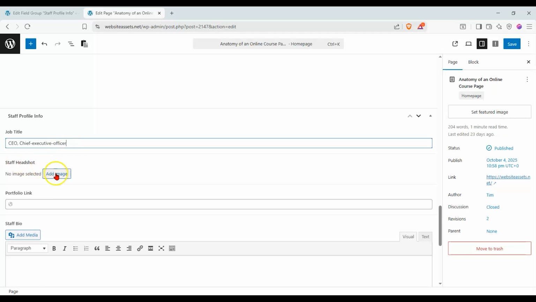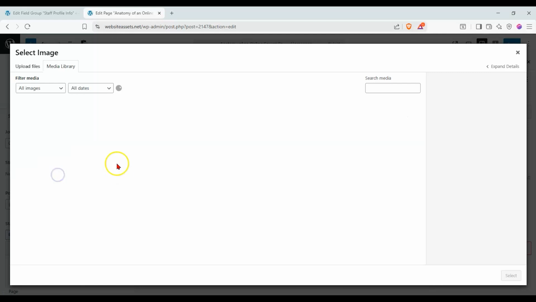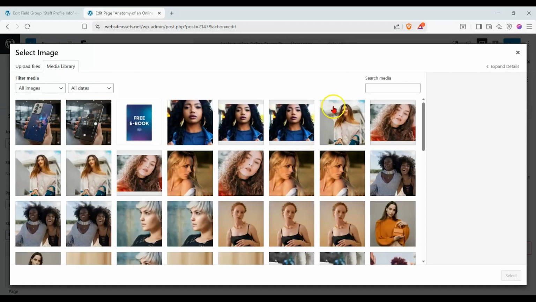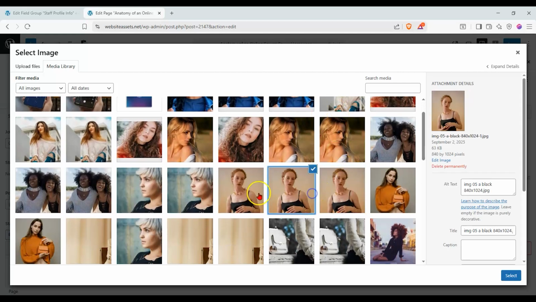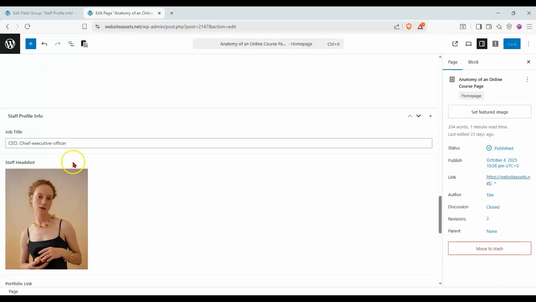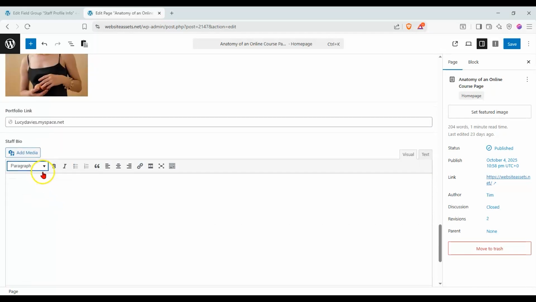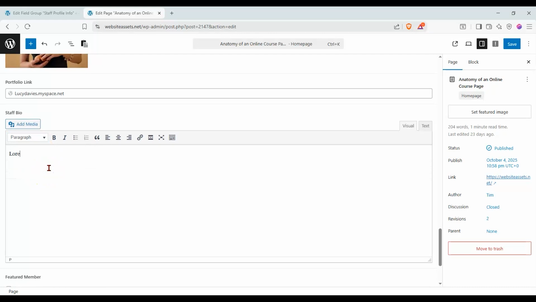Okay, and then for the headshot, we can add an image, and then we're going to end up in our media library over here. Let's select this one. Okay, and then portfolio link, we're going to put in, oops. Okay, as an example. And then for our staff bio here, you can put your